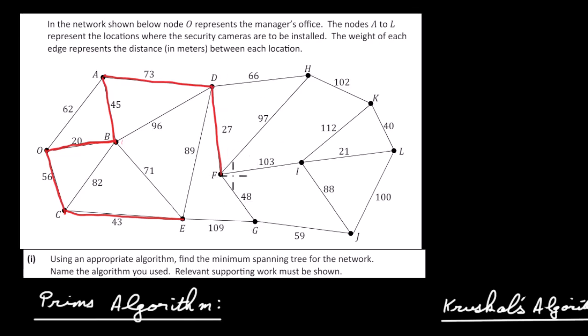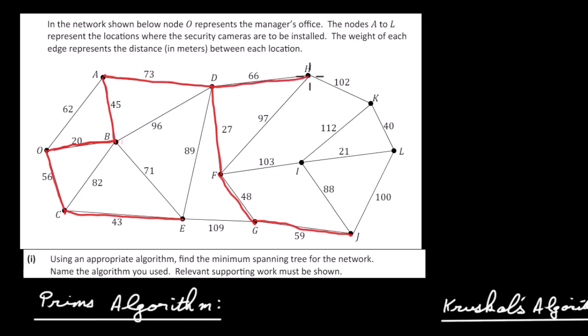We've got a 66 along here, so I'm going to go for 48, that's the smallest one. And after that then we have 59 is going to come out along here. And then we've got, let's see, 100, we've got 88, 103, 97, 66 is going to be the smallest one